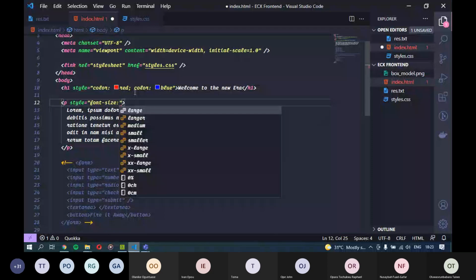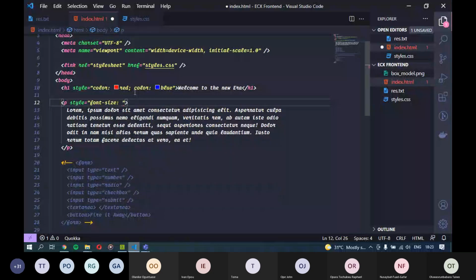Font size basically increases the size of the text. The value that we assign to it, we don't just give it a number, we give it a pixel-based number. In CSS, most times when we give values to text, we are referring to pixels. So let me just give it a font size of 20 pixels.